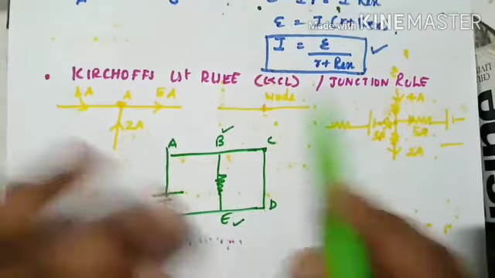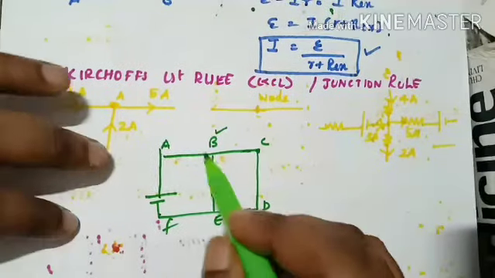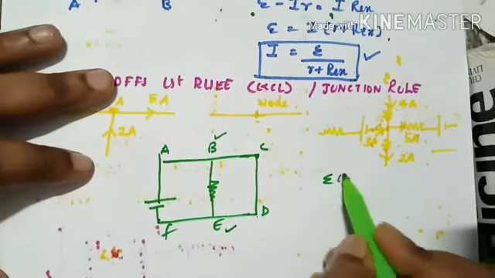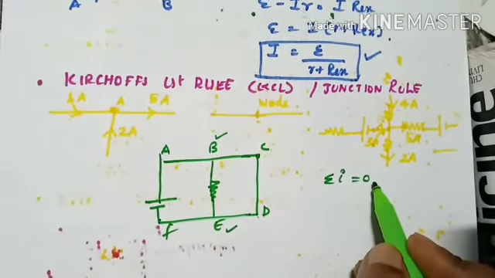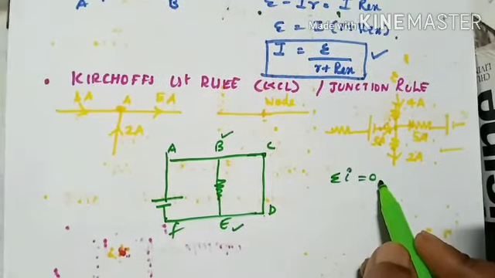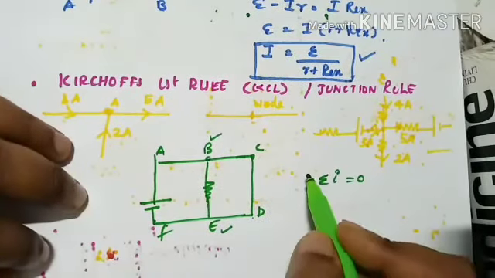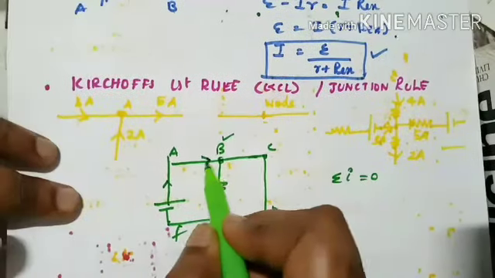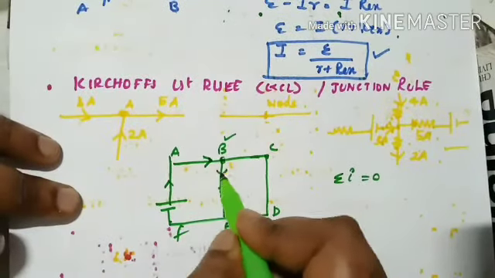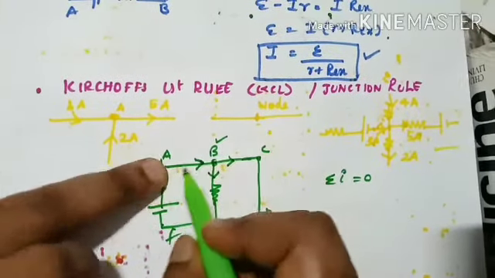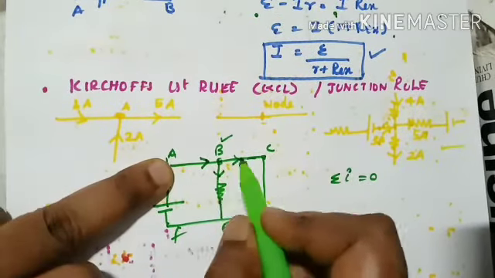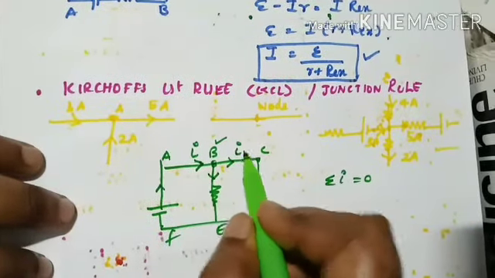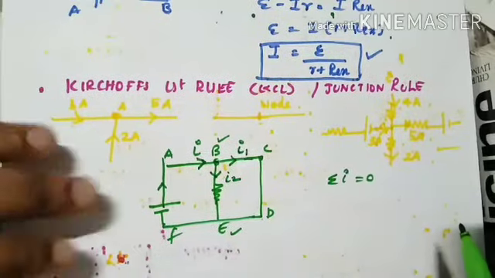Now we can state the rule. Now we are going to state the same rule in a different way. That is, the algebraic sum of the total current in a junction is 0. That is, if you consider the junction, the total current coming to the junction is 0. Suppose in this circuit this is B, and this is supposed to be the current. So if the current is going like this, and from this point it has split like this, obviously it has to split. Now the current is coming here, so it sees two paths. Let me name this current as I, this current is I1, and this current is I2.